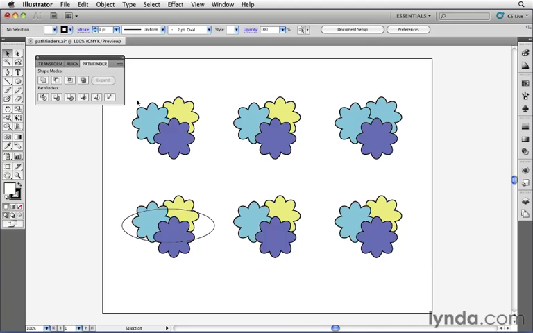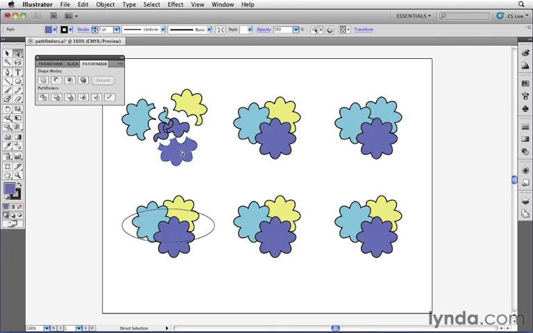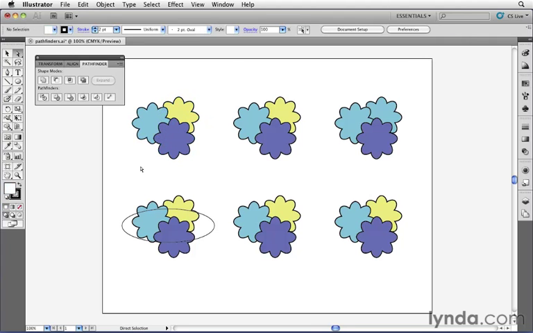So let's take this first example right here. I'm going to click and drag to marquee select these 3 flowers. It's 3 objects that overlap each other. But if I use divide right now, you can see that my result, if I use my direct selection tool, is a whole bunch of objects that are chopped up, made up of all the overlapping regions or parts of those 3 flowers. I'm going to press undo to kind of go back to the original shape here,